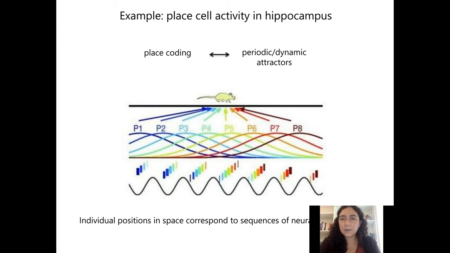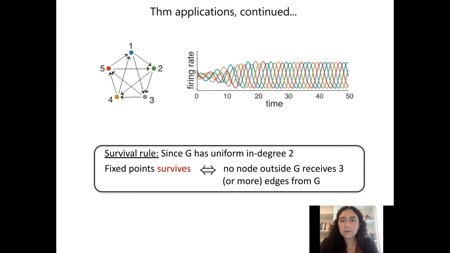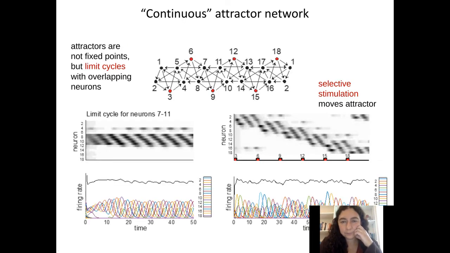If you think about place cell coding in the hippocampus, one thing that's very interesting is when you zoom in and look within a cycle of the theta oscillation, you actually see neurons firing in sequence, not at stable fixed points. So this again suggests that maybe periodic or dynamic attractors can be a good model for position in this context. And so again, using that same theorem we talked about before, but now applying it to this more complicated graph, we have a nice rule graphically knowing when the fixed point will survive and then predicting when the attractor will survive. And so we can come up with what I call a continuous, in quotes, attractor network, because